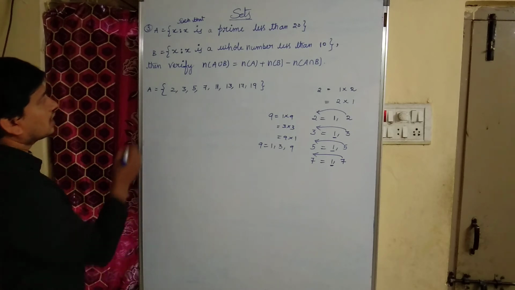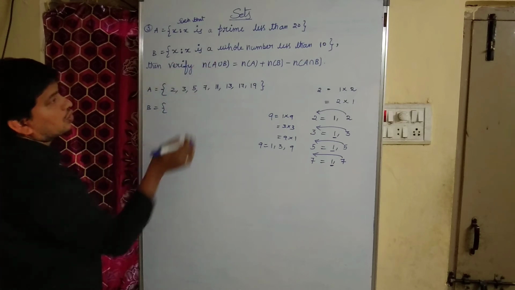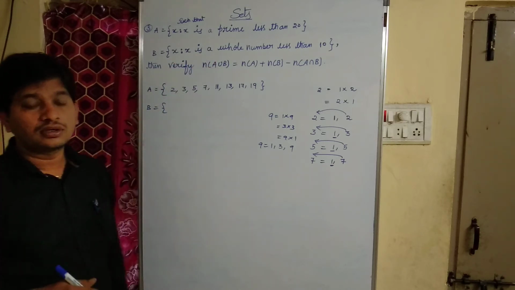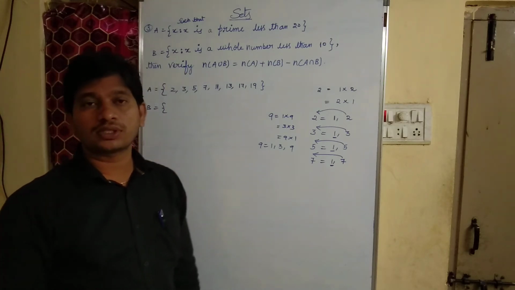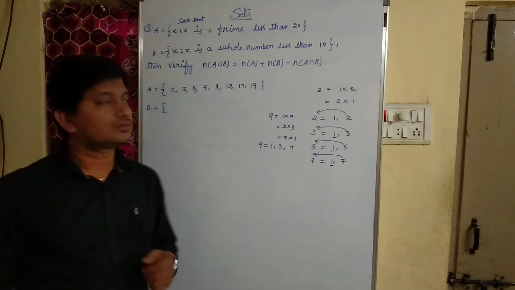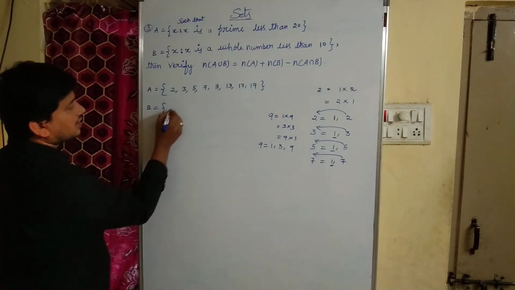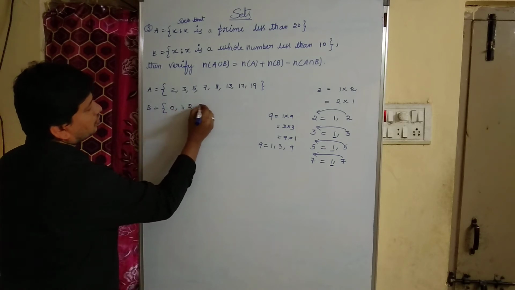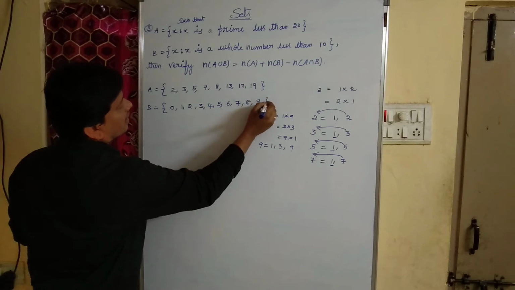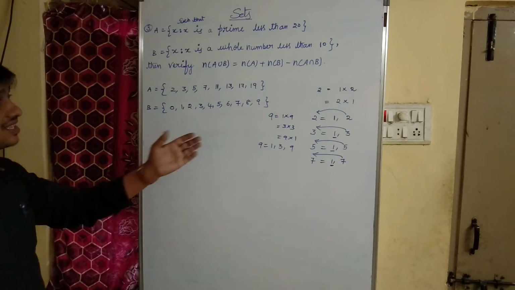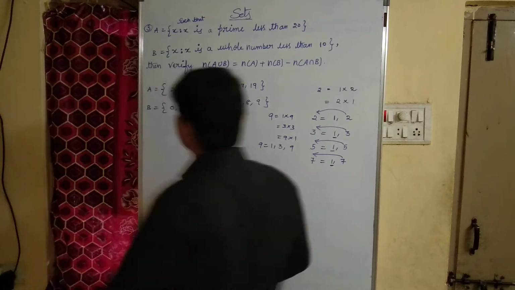Now coming to given set B is x such that x is a whole number less than 10. Whole numbers, natural numbers together with 0 are called whole numbers. I mean, it starts from 0. They are asking whole numbers less than 10. I mean, whole numbers start from 0: 0, 1, 2, 3, 4, 5, 6, 7, 8, 9. Because less than 10 means up to 9. Okay. So, see here the question is asking indirectly.